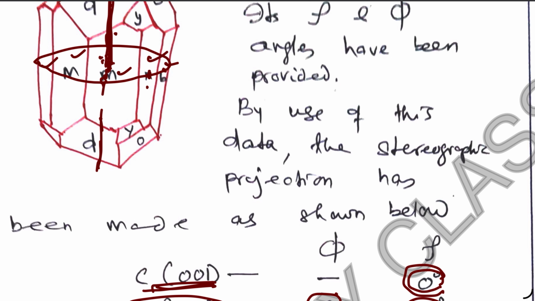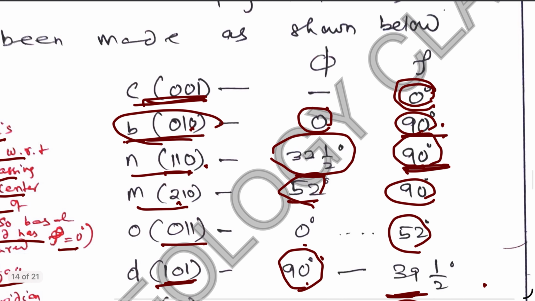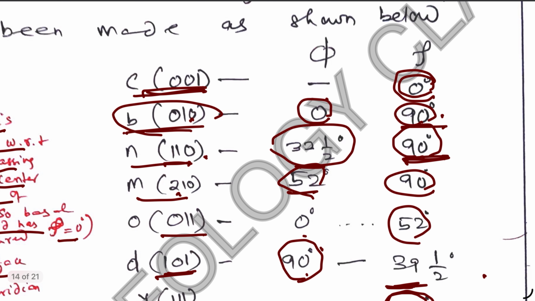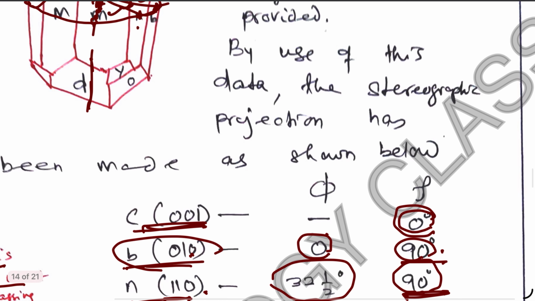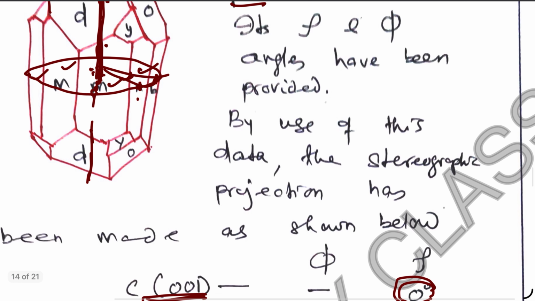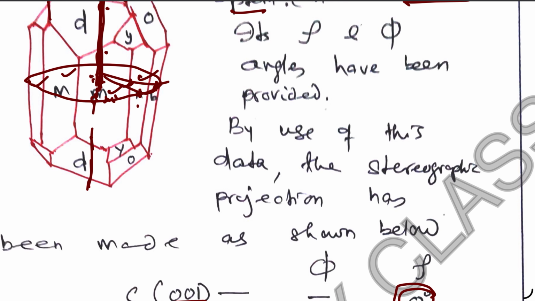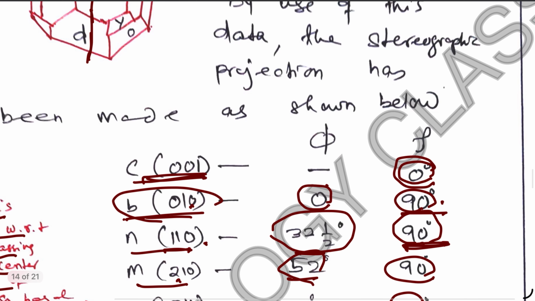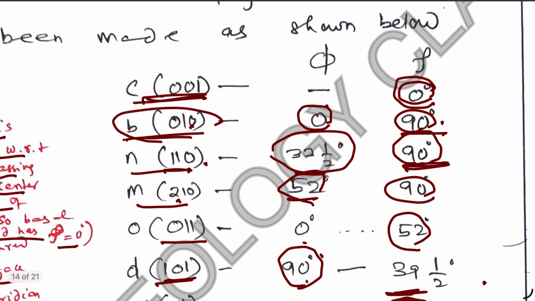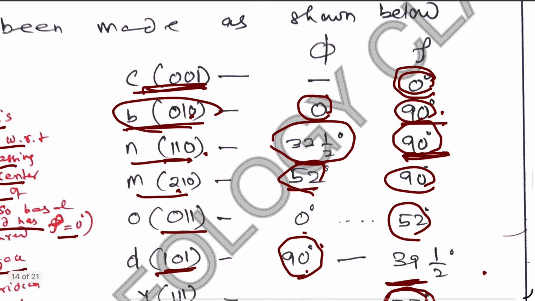This face is here. This face is here. So this angle is the phi. So phi for N is 32.5 degree. Phi for M is here, so this angle is 52 degree. So in this manner, phi and rho angles are found out, particularly for the faces which can be referred to half their angle with respect to 0, 1, 0 plane,